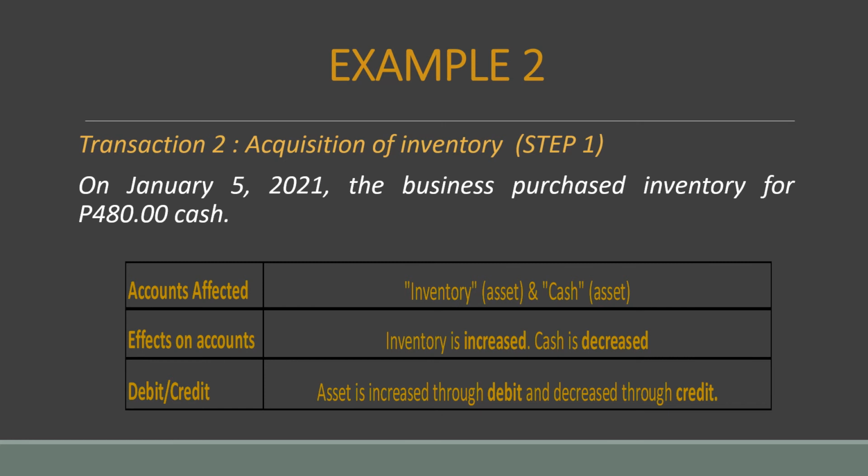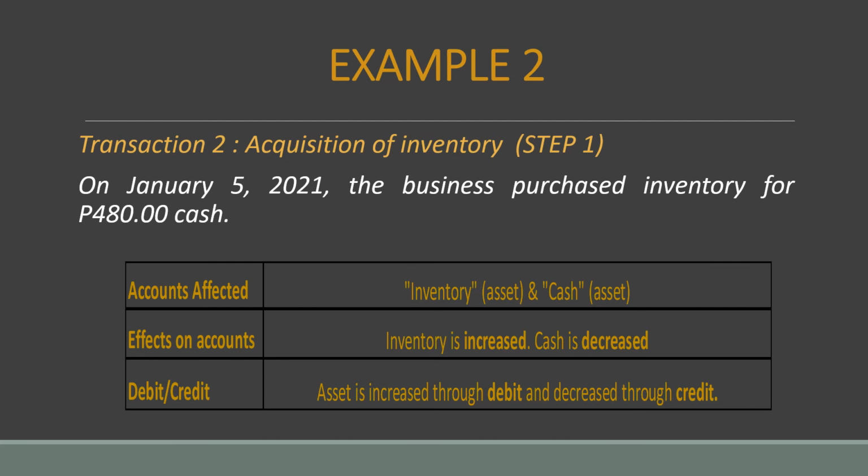Since inventory, bumili tayo ng inventory, so ibig sabihin, nagkaroon tayo ng inventory. And ibig sabihin nun, nagkaroon ng increase sa inventory. And since nagbayad tayo ng cash para makabili ng inventory, so obviously, yung cash is bumaba. So, cash is decrease. And yung last, using the rules of debit and credit,